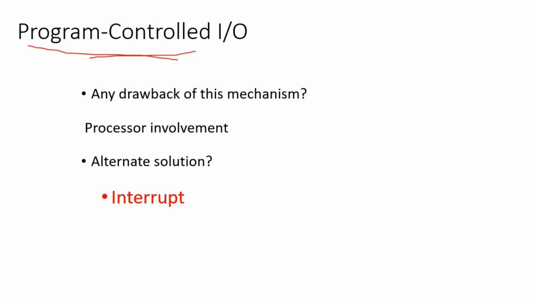That means the processor is completely involved in the input output operation. Suppose the processor has to send some data to the display and the display is not ready at all, then the processor has to wait for the display to be ready. Means the processor cannot do any other work here. So as long as input and output instructions are executed, until the operation completes, the processor has to be involved in the input output operations in program controlled IO. So that is the one problem.